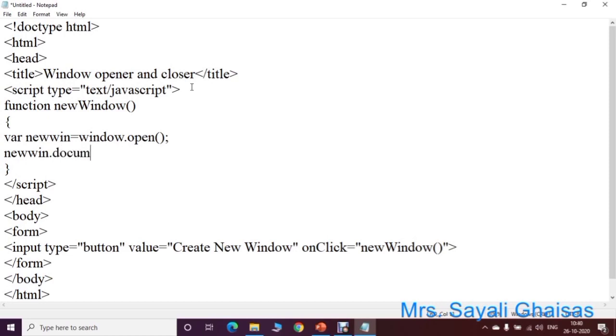To write a content, we use a document object. So document dot write is the function of the document object. Within this, add a content. Suppose within an h1 tag, start and end, we write a content, that is, this is new window. So this message will get displayed on the new window.